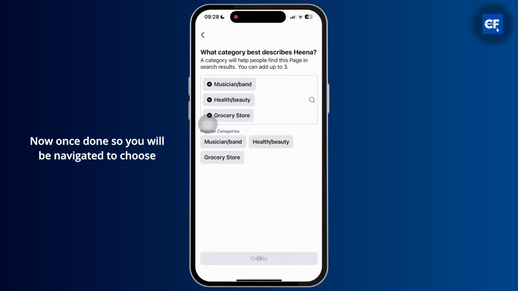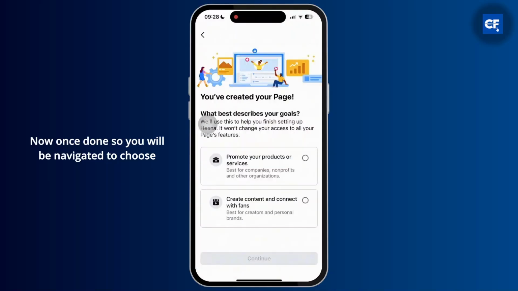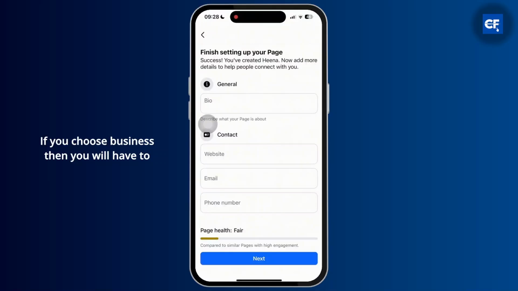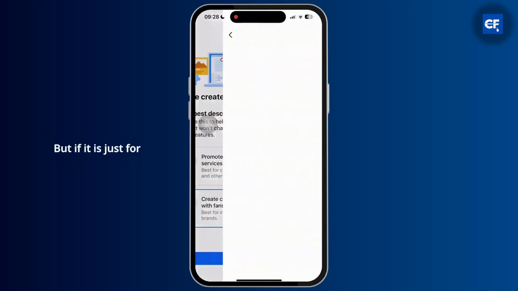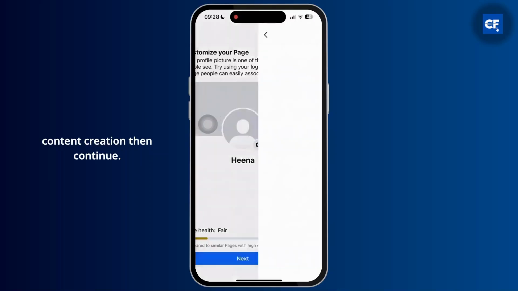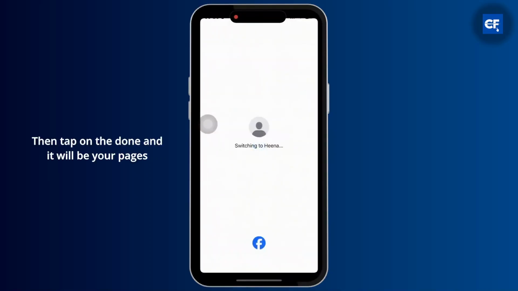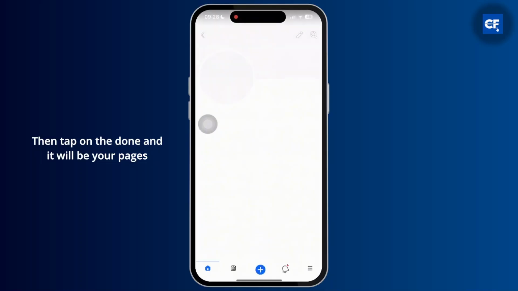Now, once done so, you will be navigated to choose whether it is business or personal. If you choose business, then you'll have to enter your website name of the business and everything. But if it is just for content creation, then continue. Add a bio, then tap next. Then tap on the done and it will be. Your page is now